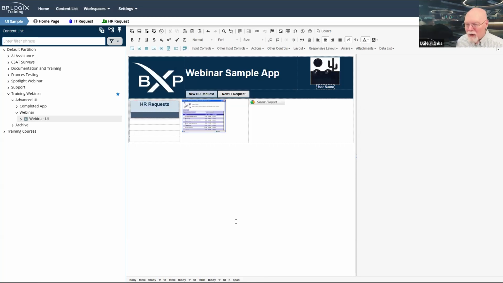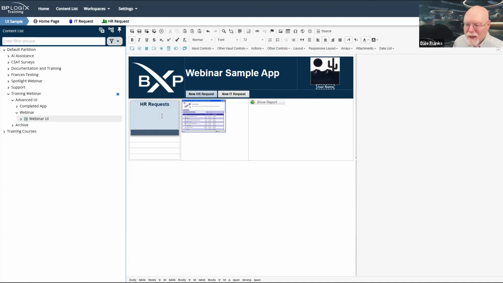And now down here, now we're just doing display stuff here, but now I want to show the number of HR requests. So once again, I'm going to want to make this bold, and I'm also going to want to change this size quite substantially. Is 72 too big? No, 72 is fine.